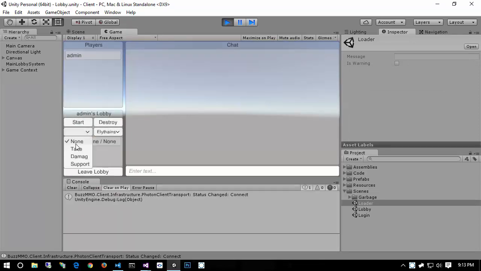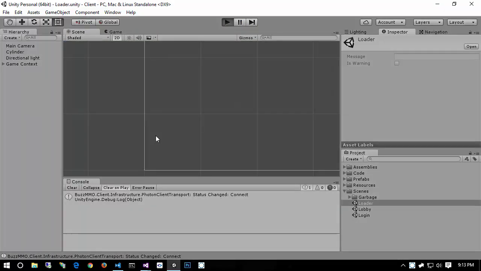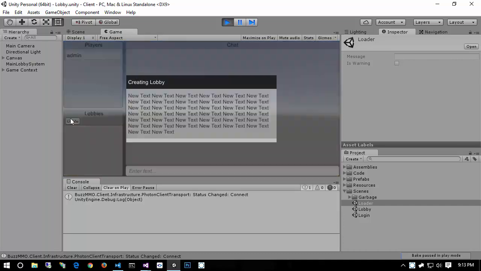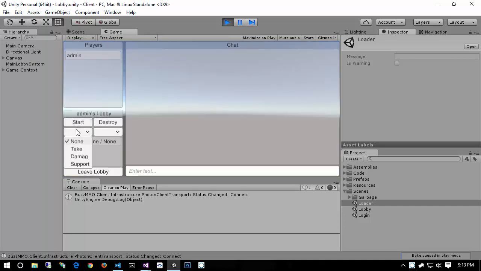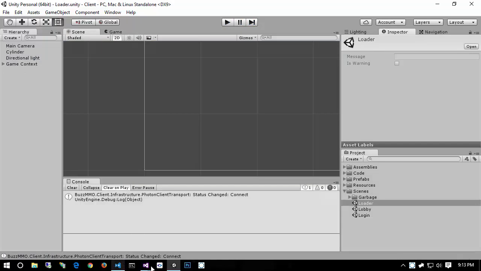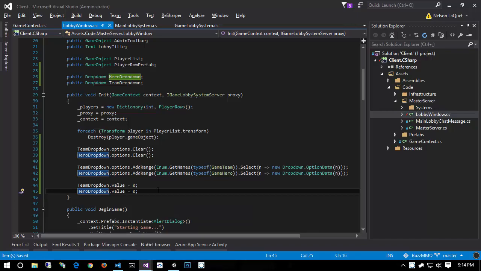Okay, so it's still not showing text on the first instance, but if I leave the lobby and recreate the lobby, then it does default to none. So again, there is that weird bug there that I guess is still here. Unfortunately, it's been around forever since the new Unity UI: when you start a drop-down and populate it from code, even if you change the selected value, it doesn't update the text. So to fix that, we just have to add a little hacky line here, but you know it's Unity, so